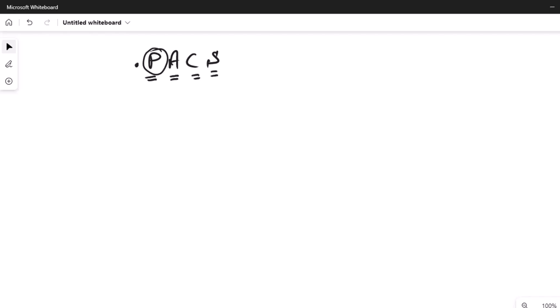Otherwise, PACS can be used in any department, not just in radiology, including cardiology, pathology, echocardiology, etc. Because we're going to talk about the other system which is dedicated just to radiology, I can say that its basic functions are three. The first one is storage. Why? Because it's an archiving system. It uses a database to store images, so it's an archiving and communication system. The second thing is distribution,